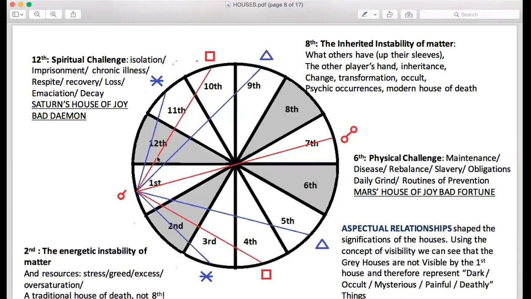They're really, really intense, and they're seen this way because they're seen as things that we can't predict, can't prepare for. You're helpless against, you're hopeless against, you're defenseless against, because they're dark houses. From the first, we have a sextile, square, and trine, and then an opposition. So these houses are visible from the first, but you could call them a